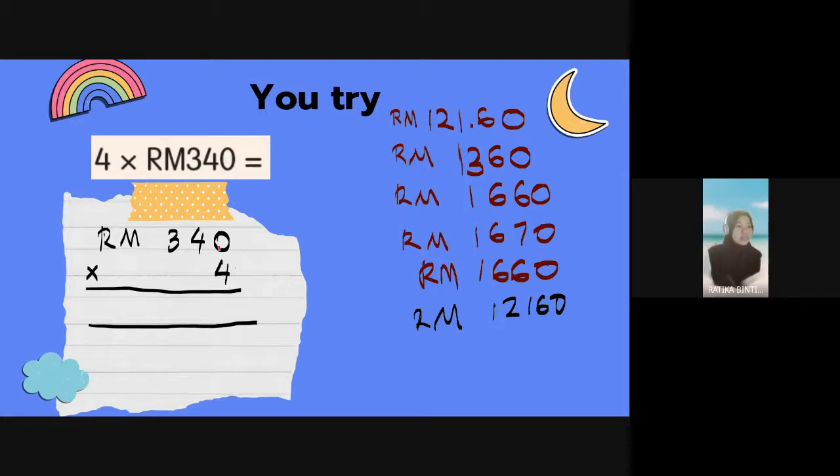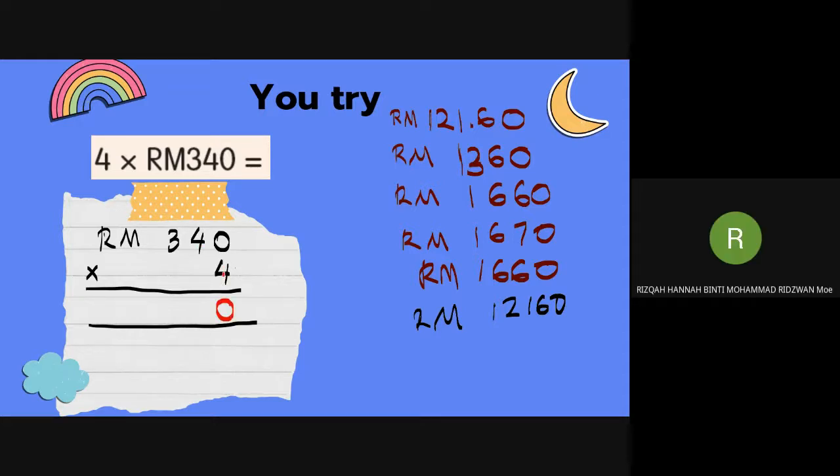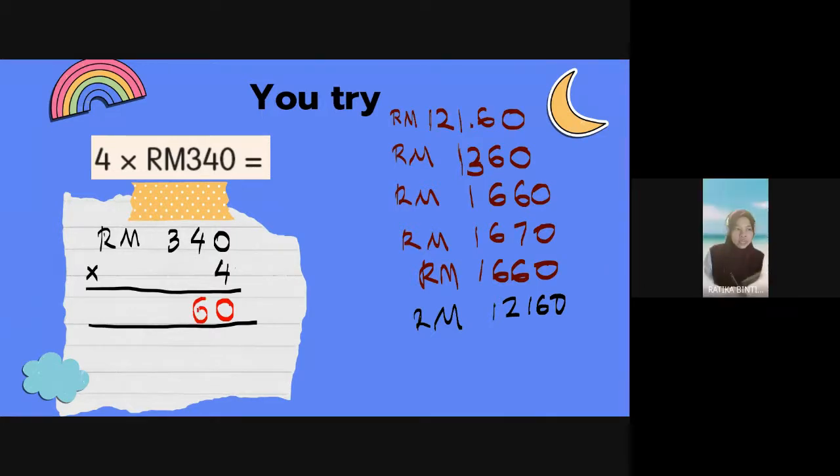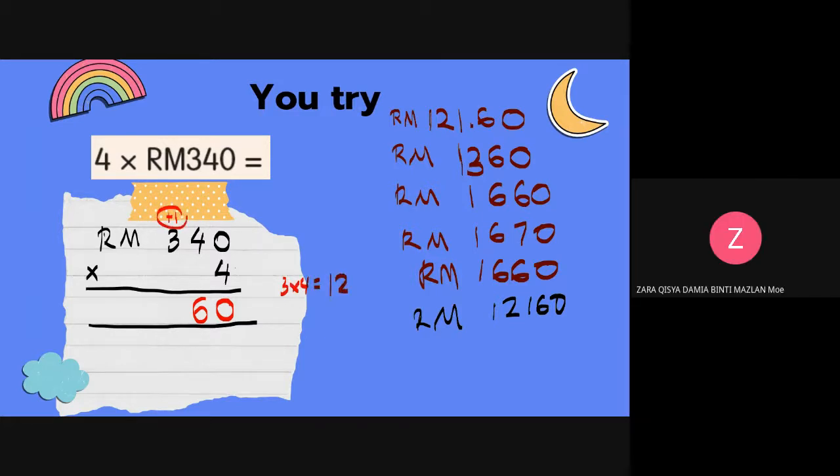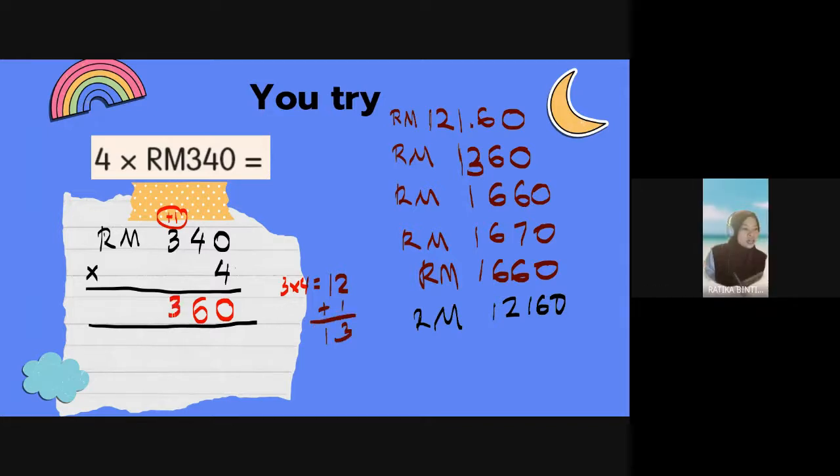Okay, so calculate as usual. 0 times 4 is? 0. 4 times 4 is? 16. Okay, 6 at the bottom and 1 carried up. Remember to multiply first and then you add. So 3 times 4, 12. Don't forget 2 plus 1, 13. Yes, 13. So the correct answer is